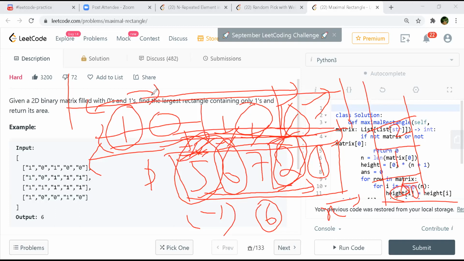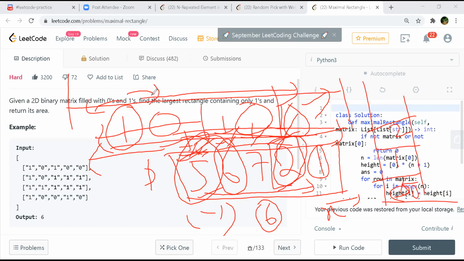So 1, 7 he is popping up, so that is the maximum height, and it is only for a single column, correct? Yeah, so 7 into 1 in that case. But when he is popping 6, he knows, because he's still in the 2, he's comparing with the 2 value. He's not actually pushing the 2, so he has not completed the popping operation of the monotonic stack, right?